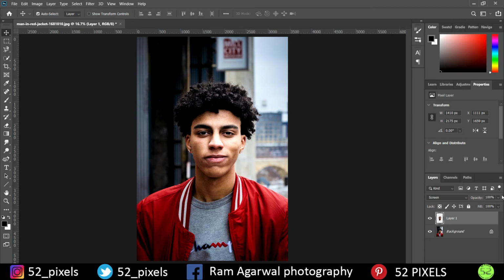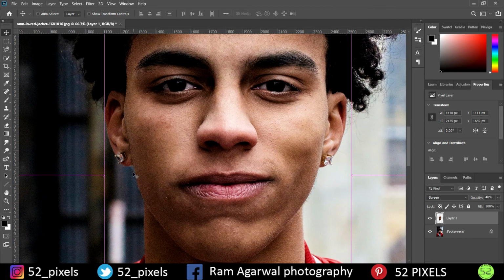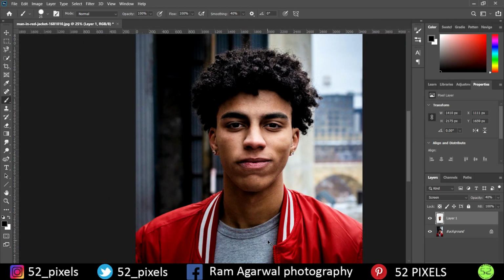You can reduce the opacity, because I guess this effect is too much, so we can take it to around 40 maybe. It still looks good, and it's totally up to you what you want to do with the image. If you mess up during the selection, somewhat like this, in this small area, I don't know if it's visible for you, but we have missed out a portion. To resolve that issue, we can go to the brush tool, select black as the main color, and paint this part out on this layer so that it is not visible and the image looks perfectly edited.